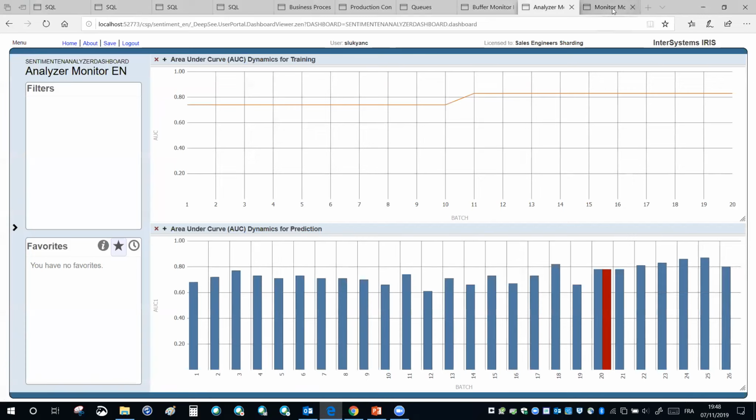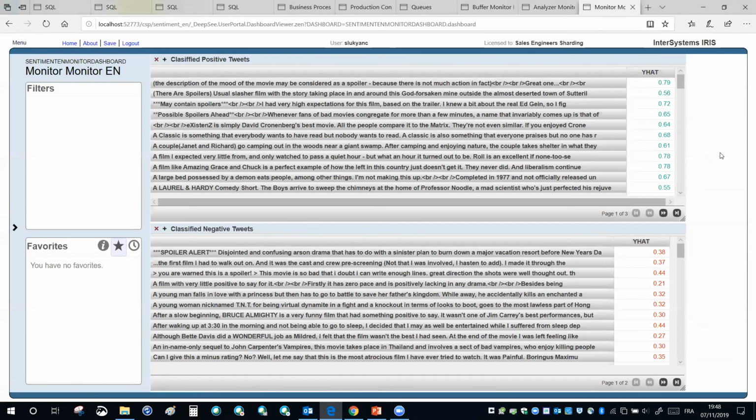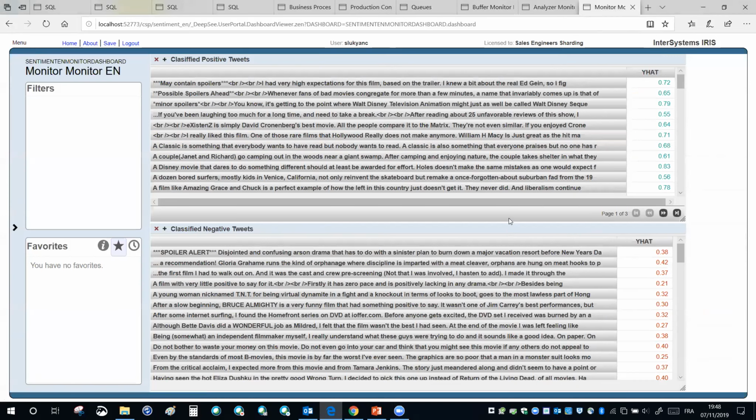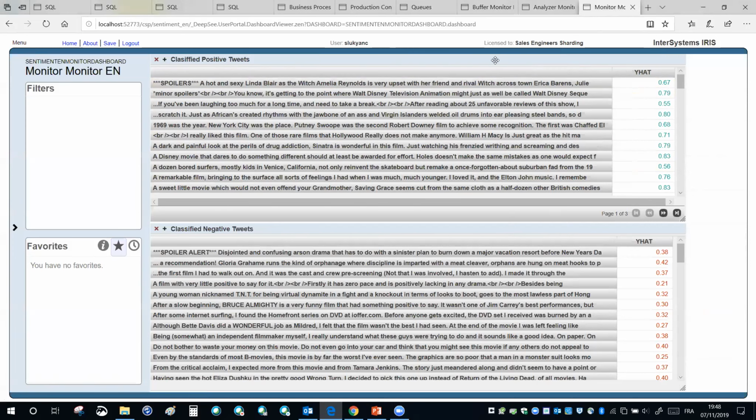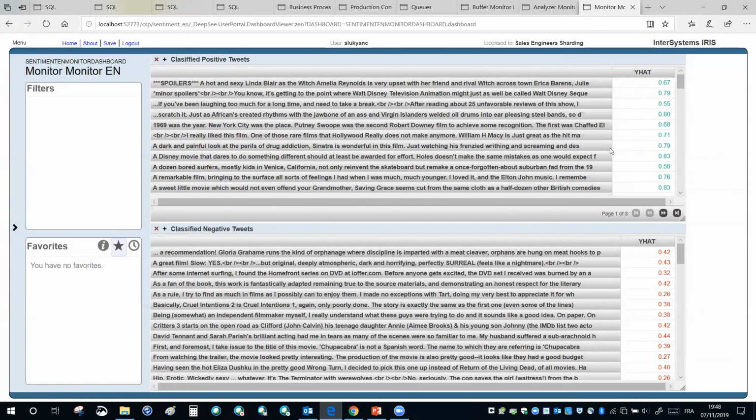While it's working, we can also observe the classification results, as it classifies our previously unclassified records. Each of the tweets is receiving a sort of score, the probability of it being positive or negative, and in the result monitoring dashboard, we see the two disjunctive sets of tweets that have been classified.